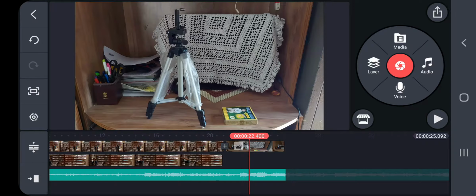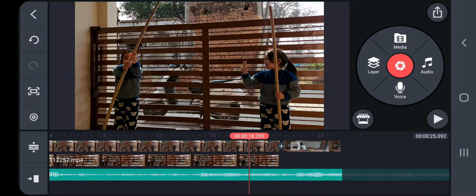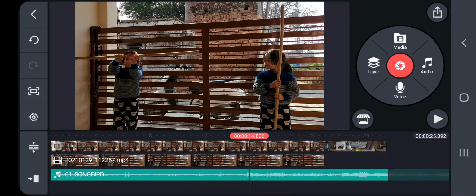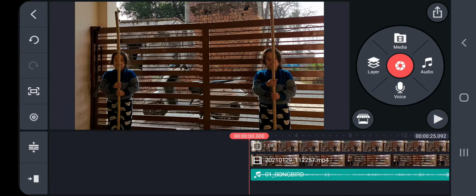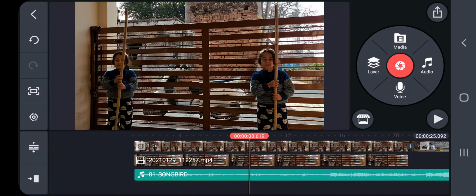I am using it sometimes for capturing the videos. But it's not mandatory that you should have a tripod. You can just put the mobile somewhere. Okay. So I'm finishing my tutorial here only, and I hope you will make the best.